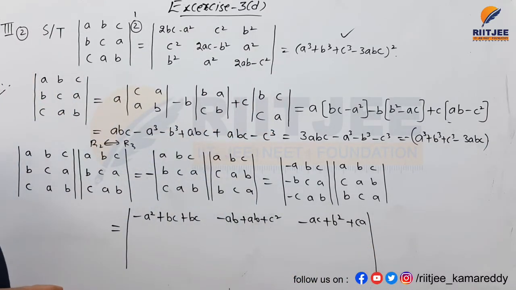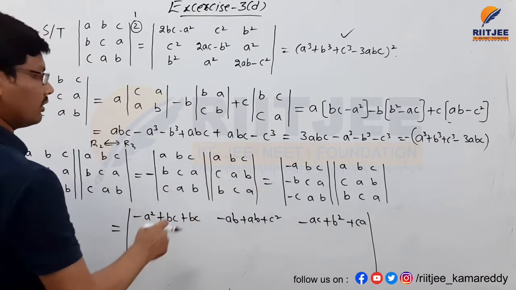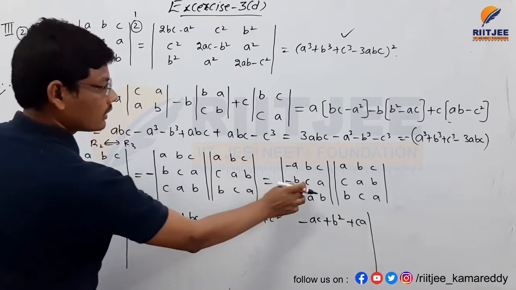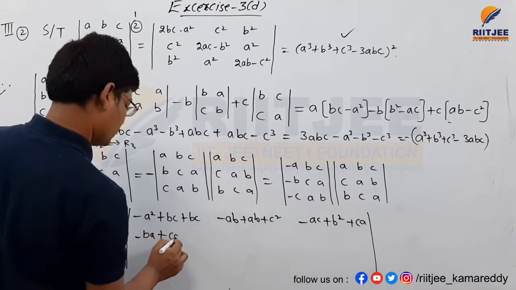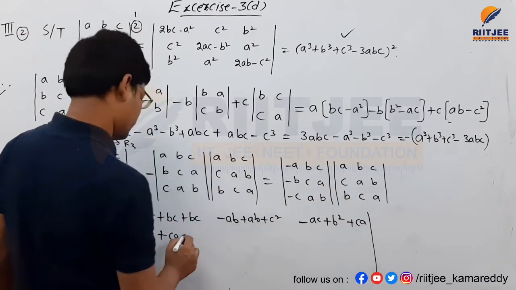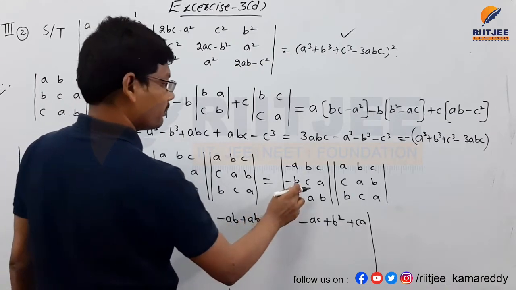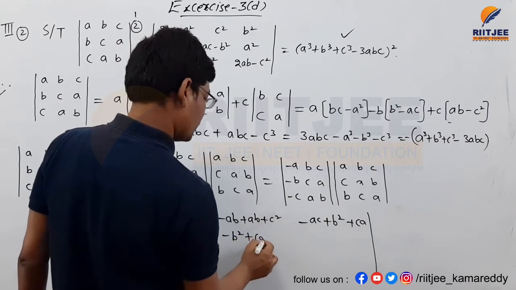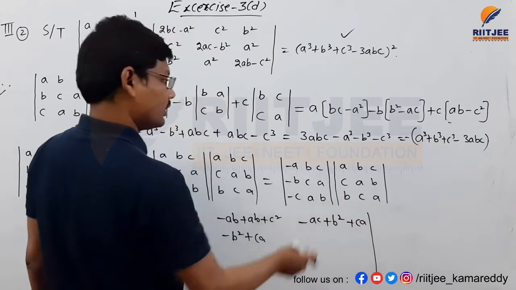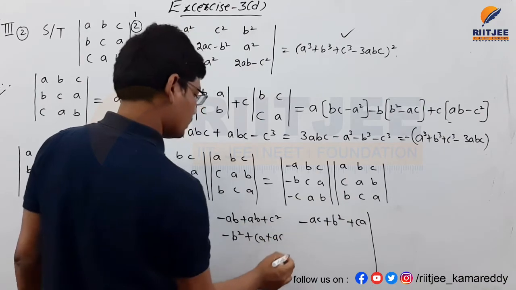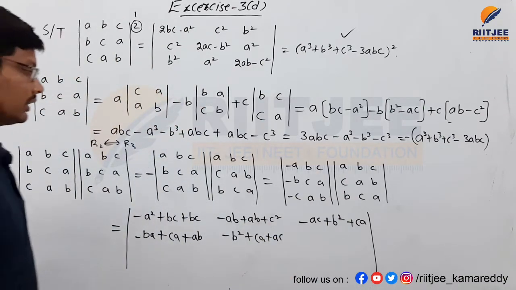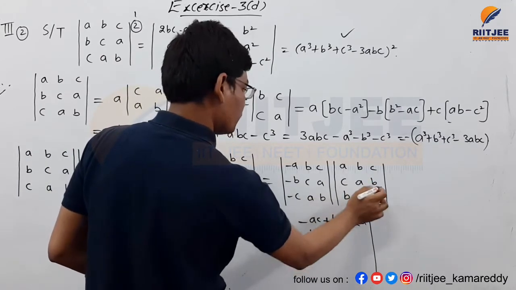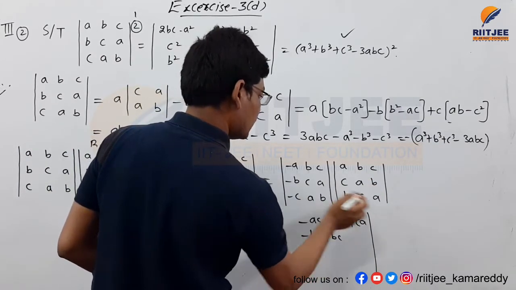And here the next one: minus B into A, minus BA, and C into A, plus AC, and A into B, plus AB. Next, minus B into B, minus B square, plus C into A, AC, CA. Next, A into C, AC, A into C, AC here. And the next one: minus B into C, minus BC, C into B, BC, and A into A, plus A